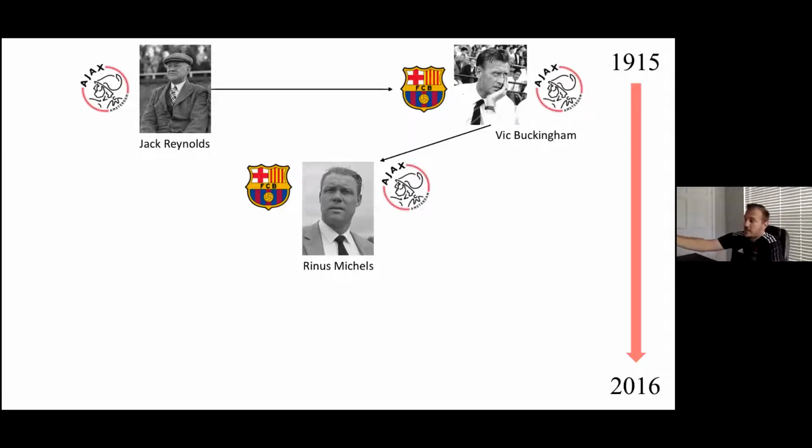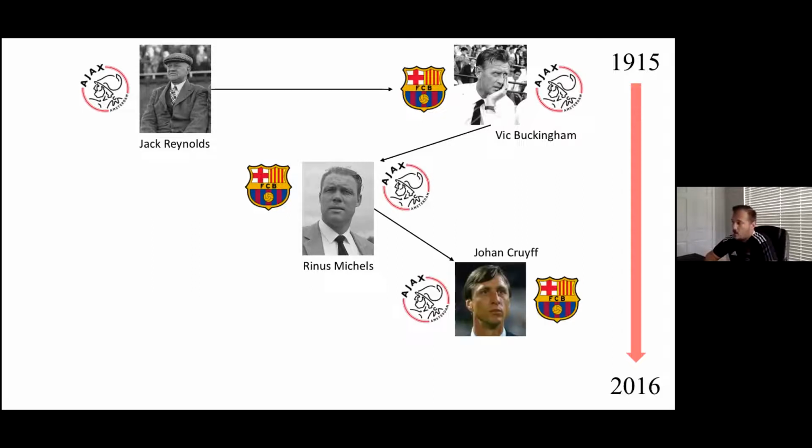He now establishes a clear connection between Ajax and Barcelona, being the man who did well with Ajax, went to Barcelona, coached there, and he coached Rinus Michels at Ajax, and Rinus Michels managed to develop in the 70s there as a coach. In the 70s, he obviously coached a man named Johan Cruyff at Ajax. He eventually moved to Barcelona as a coach, which was made a lot easier due to the fact that Vic Buckingham, who was his coach, made that same exact move, which allowed a connection to be established between the two clubs. He coached the man named Johan Cruyff, who developed the style further, which we're going to get into. And Johan Cruyff coached and played at both Ajax and Barcelona the same way that Rinus Michels did.